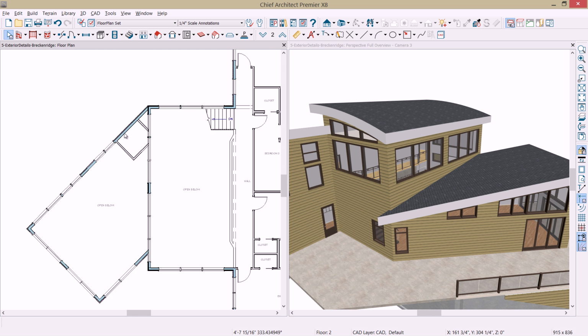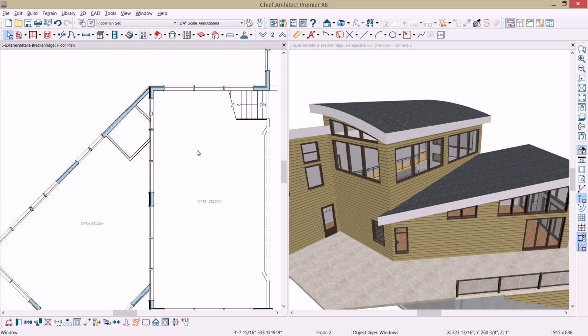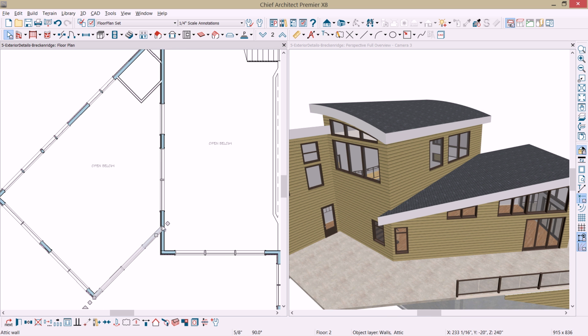And what I've had to do, let me just remove these windows, the three windows that are intersecting these two windows, and then the window below here that's intersecting the wall. So in 2D, what I've done is temporarily pull this attic wall back. And if you've ever pulled an attic wall back, that's an attic wall,